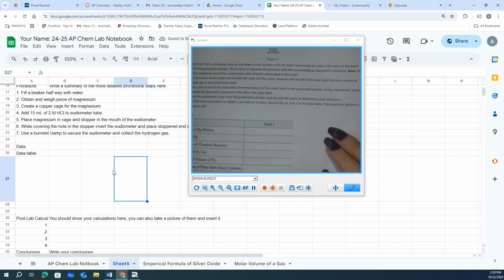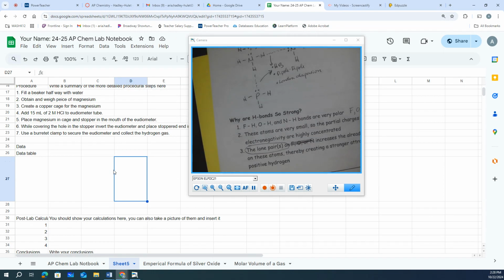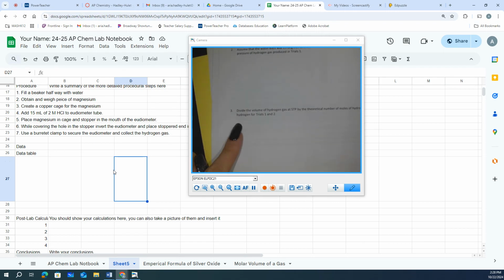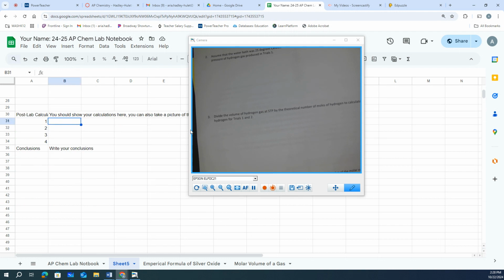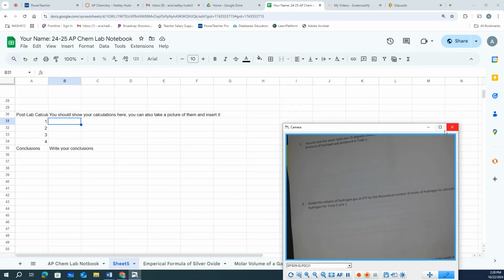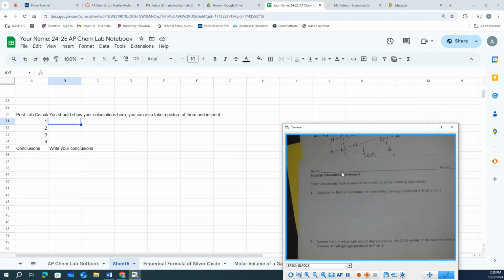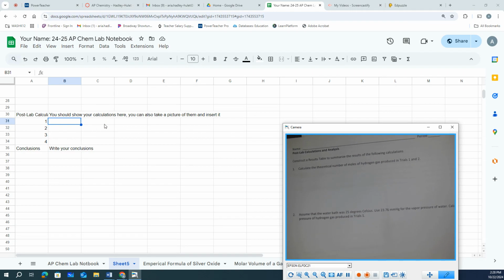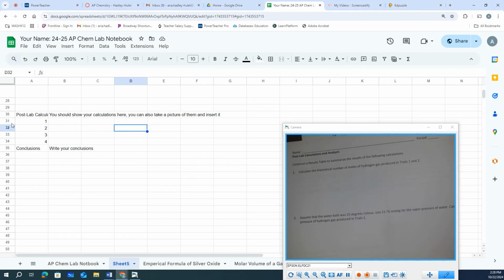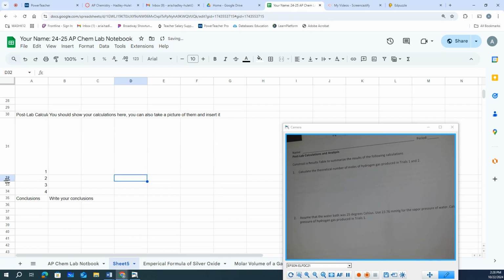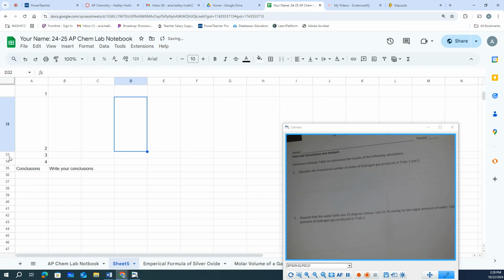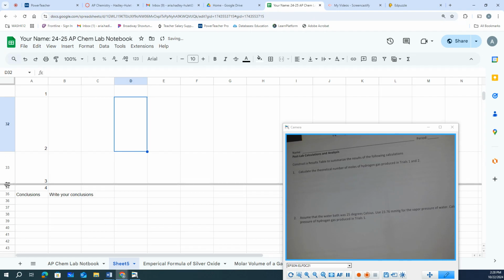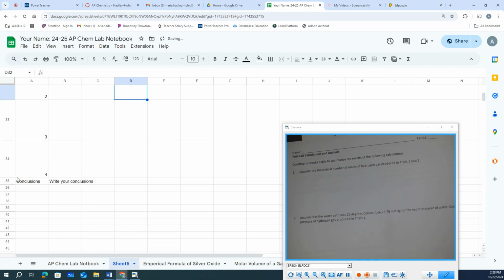Okay. There were also 1, 2, 3, 4 questions, and that's going down here. And again, guys, please take pictures of each of these individual questions, right? I'd take that picture right there, and I'm going to insert it into my digital lab. And feel free to space these out so that you have room to add those pictures. But I want separate pictures for each of these.